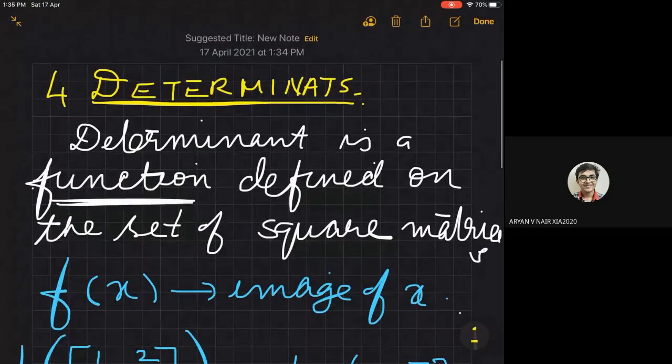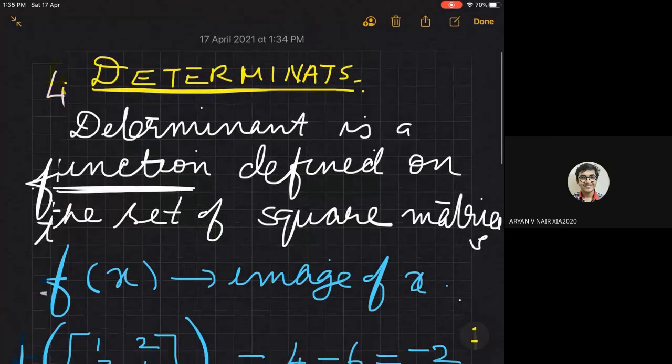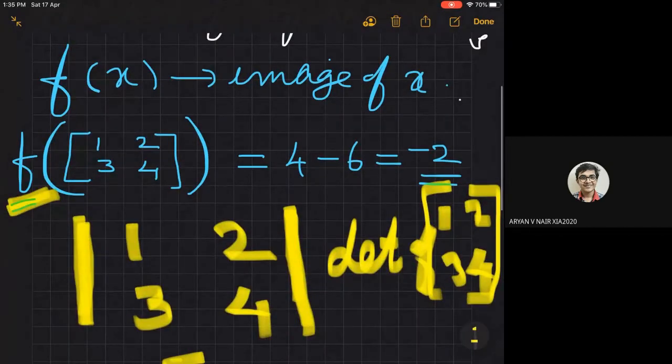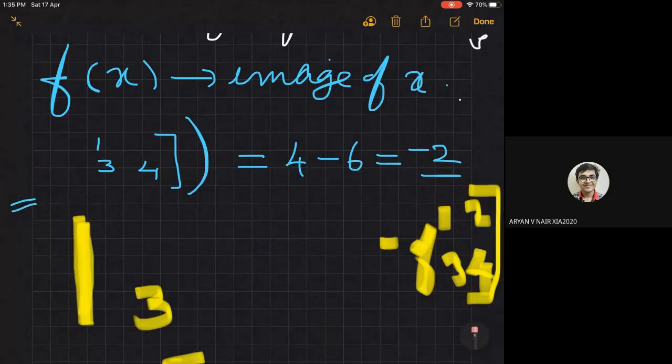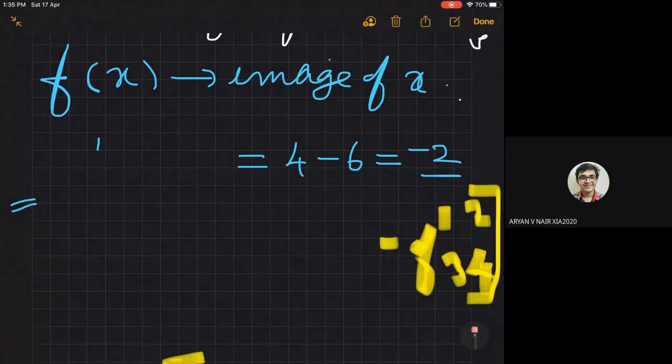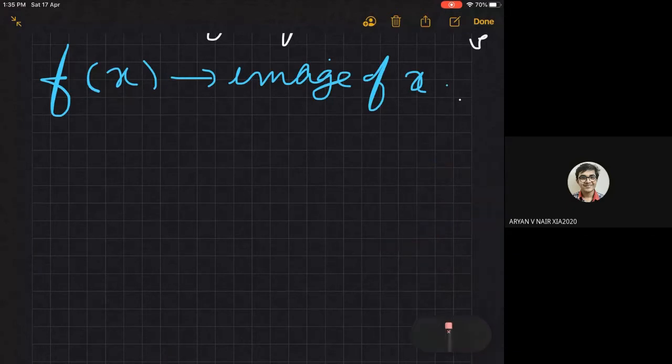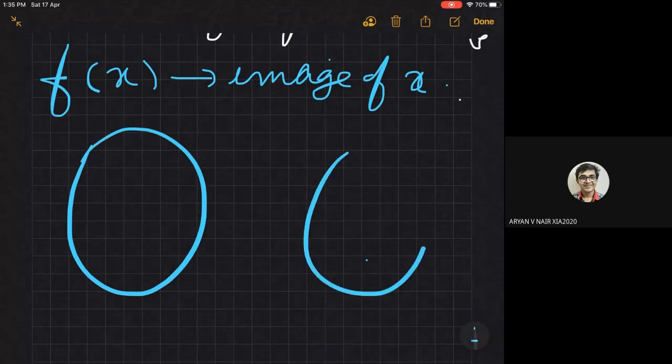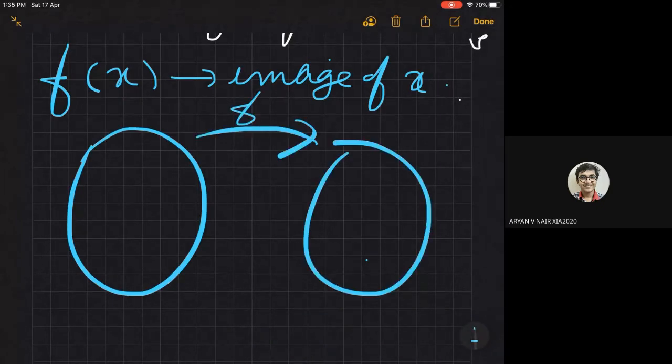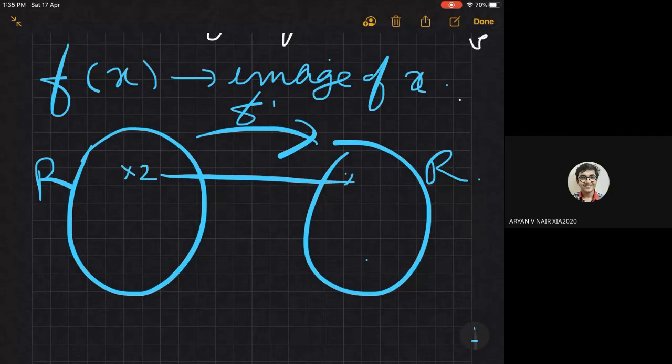Determinant is actually a function defined on the set of square matrices. So when I go for the function, you just recollect what you have learned last year in functions. Okay, I'm just repeating it again. Function is what? Last year I studied, no? Here is a domain, here is a codomain, and function is defined like this. Suppose this is a real number, this is a real number. If you have 1, 2, its image here is 4. Under the function, if we have this 3, we have here 9.